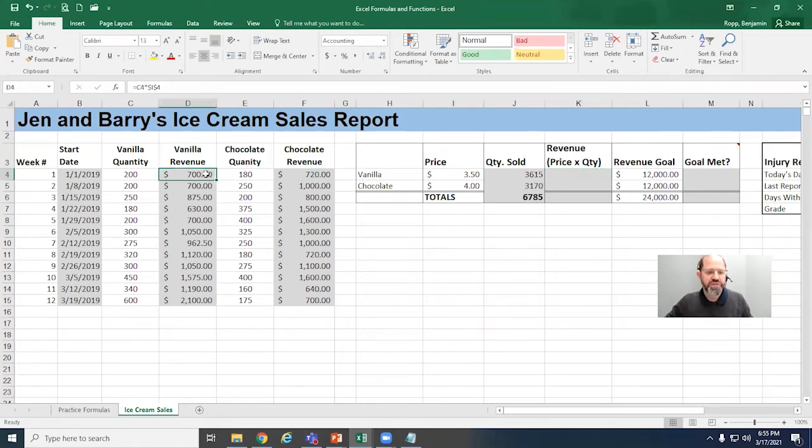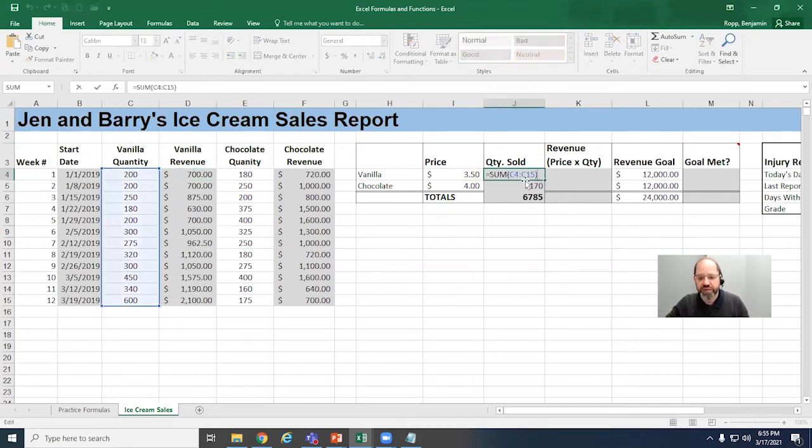We did a similar calculation over here though. If you remember, I've got revenue for each week. So the other option is to add up all of these totals in column D. Just as we added column C for the quantity of vanilla in this cell, we can come here and do an Autosum for the revenue column, or column D for vanilla. And that gives me